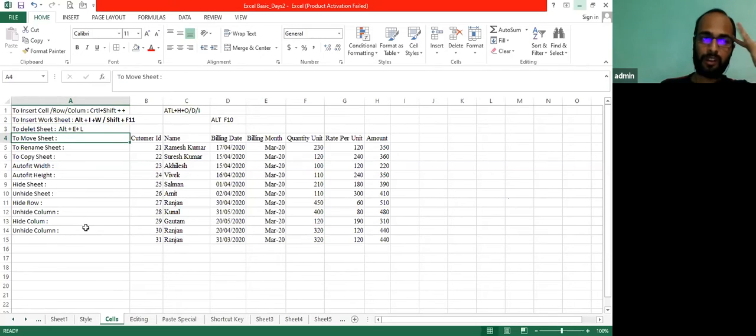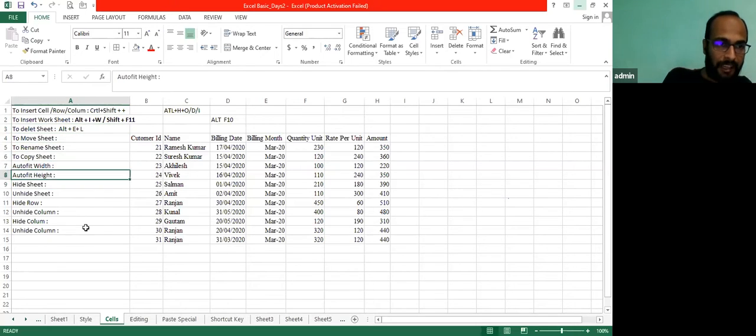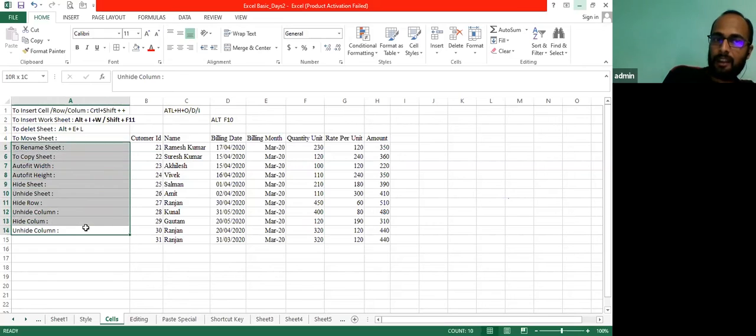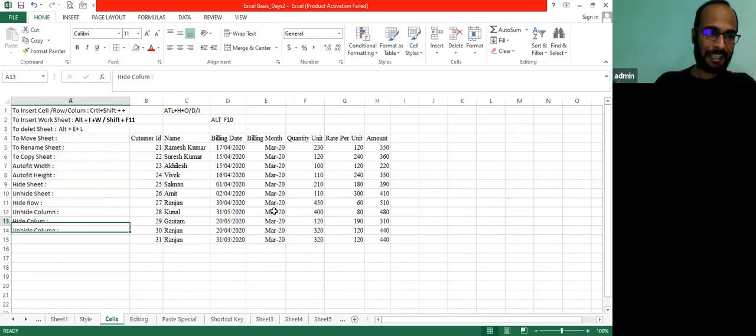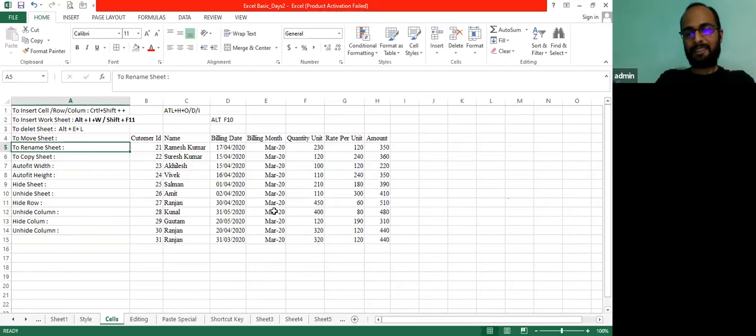Now we have a few options here to move, to rename, to copy sheet, auto fit width, auto fit heights. It is very important, especially for the people who are working in finance function, you need these actions in day-to-day working. So generally we use mouse and the tab way, or if someone has an idea then also shortcut. So first I'll be telling you how to rename sheet. Just open the Excel file, and I'm telling you one command, you need to implement it. You have to rename your sheet name.